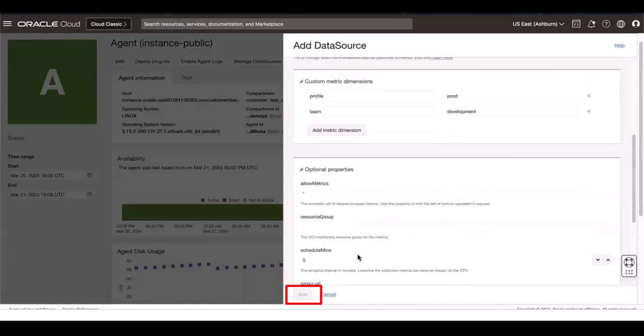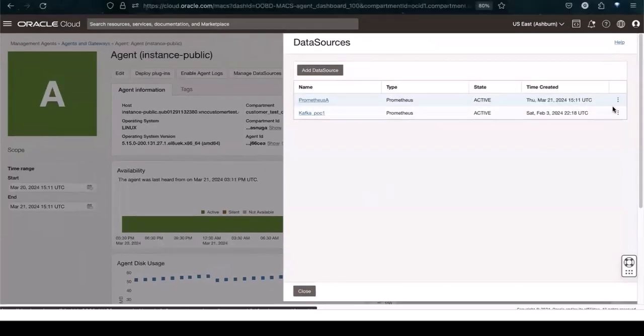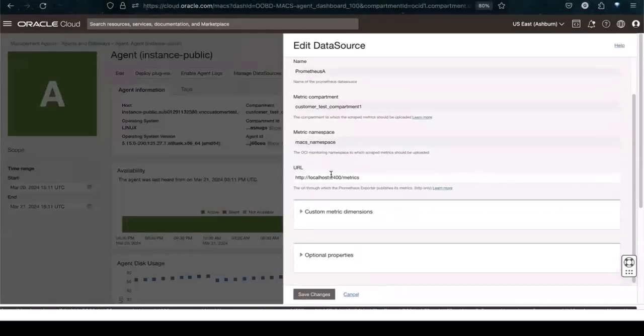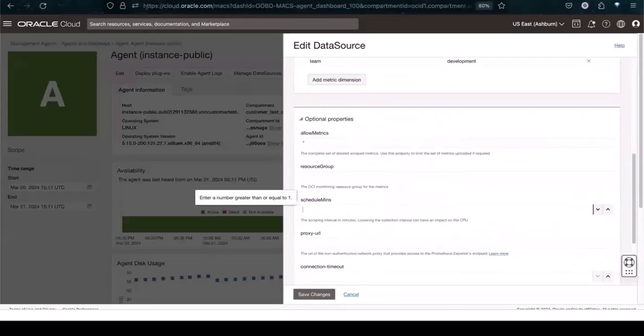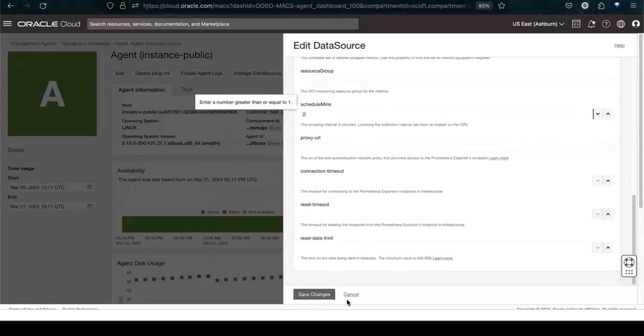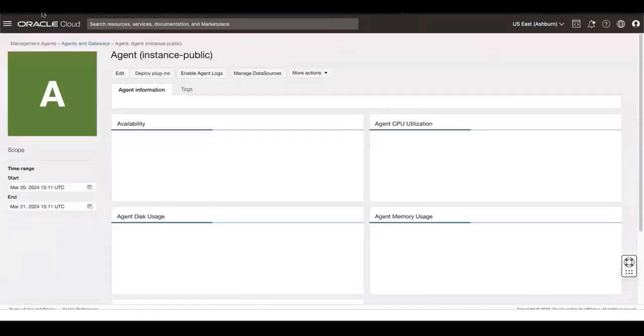Now there is a work request that was successfully sent to the agent to validate and create this data source I just defined for the Prometheus exporter. After a few seconds to process the request, I see the new data source just created and the work order. Now I can click the data source link or the option to manage the data source to view or edit the data source properties. Now that I installed and configured the Prometheus exporter for a management agent, I can use